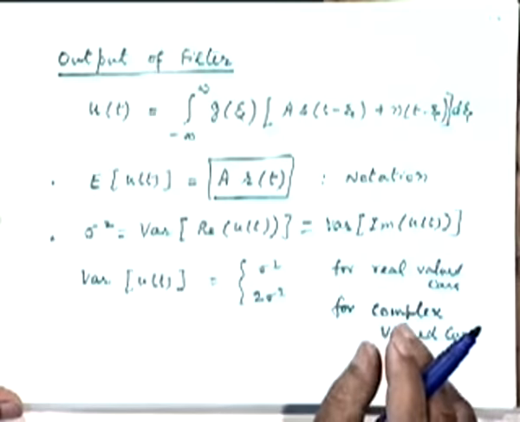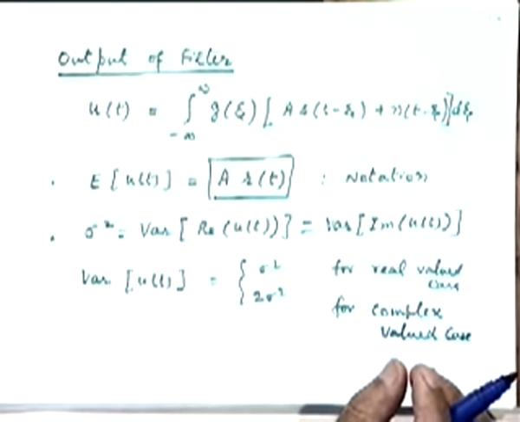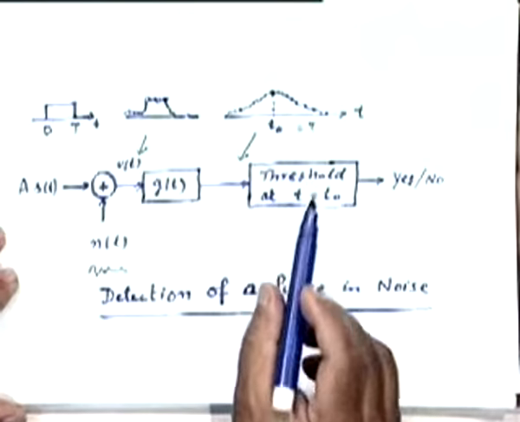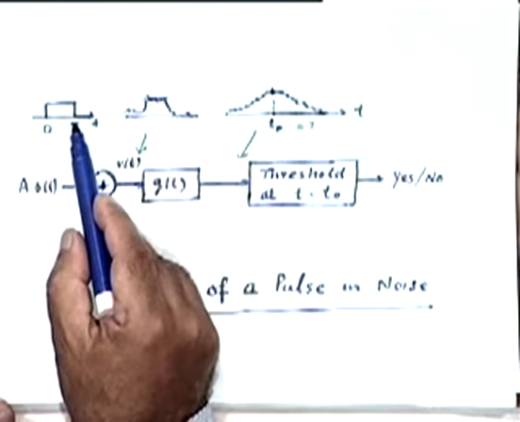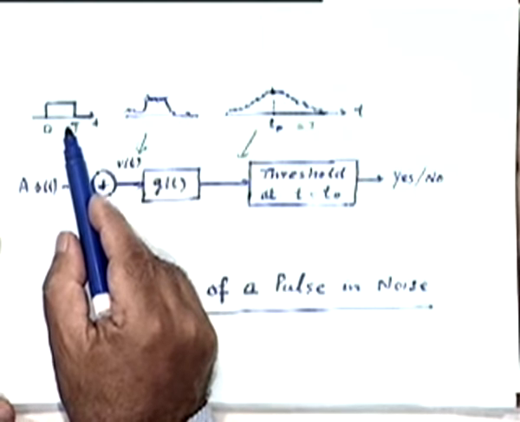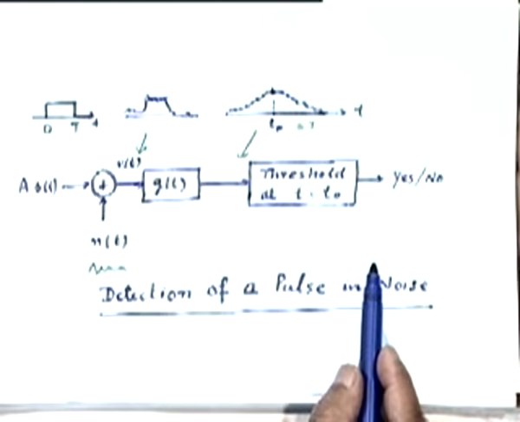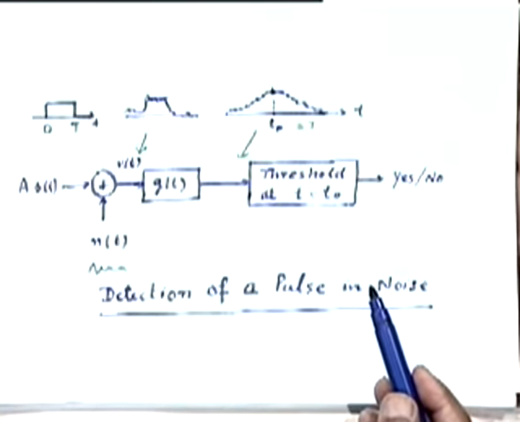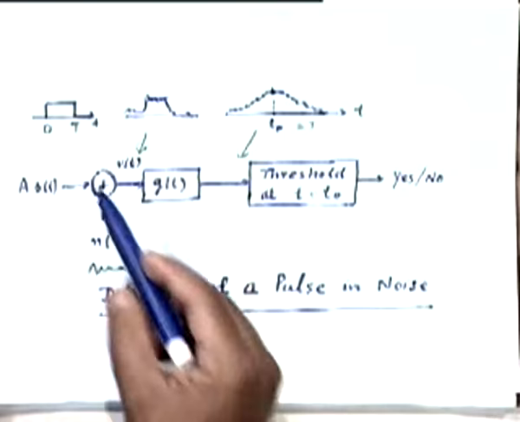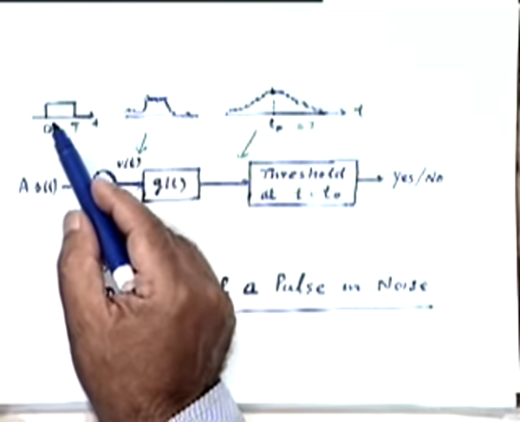The specific problem that we have presently decided to work on is the detection of a pulse in noise. We are not even looking at the complete digital communication problem here, right? We have simplified our problem of interest to that of finding out whether or not a pulse exists in a given interval of T seconds, right? Because once we know how to solve this problem, we can extend it to the demodulation of sequences where we may have multiple valued sequences possible in a given interval.